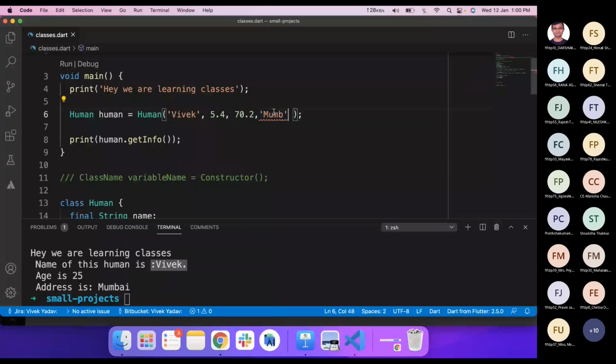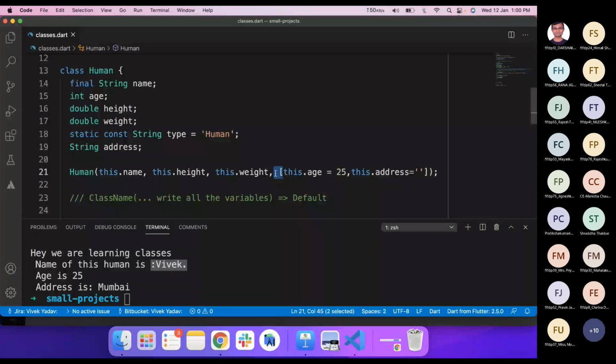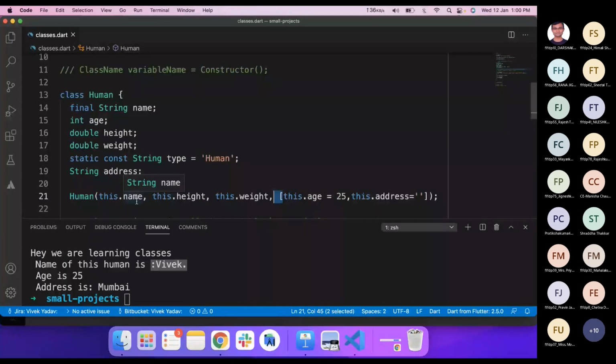So whenever you are using square brackets for optional parameters, the order of variables should be maintained. After weight there should be an entry for age only, because you cannot pass address directly. Is that clear?